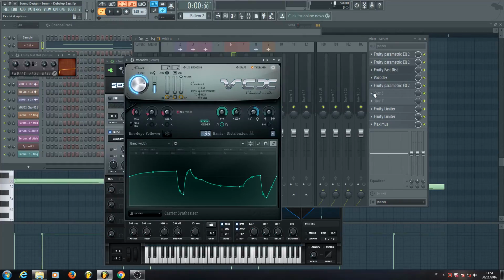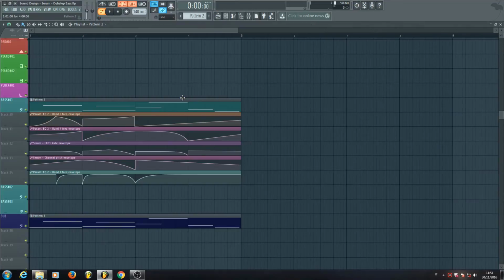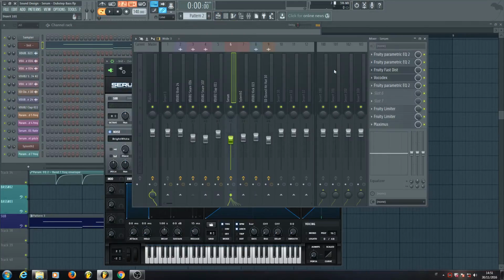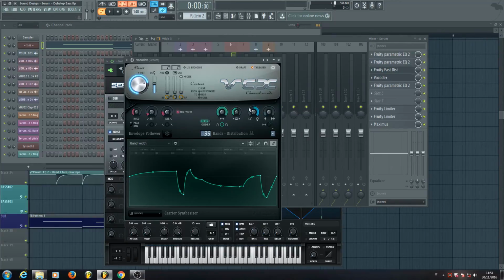I added a vocodex. The vocodex is the main modulator, I think, because I automated, I think, 3... no, I didn't modulate the vocodex. Oh god, why? It doesn't matter. Okay, vocodex